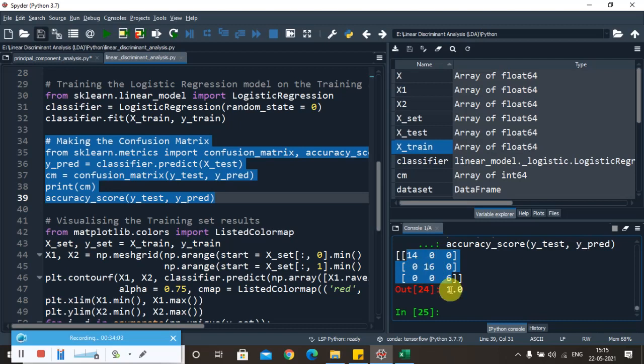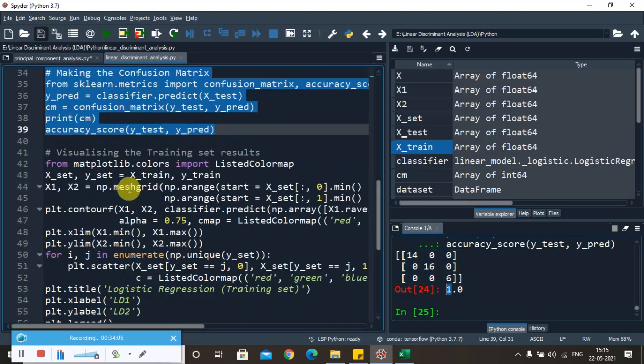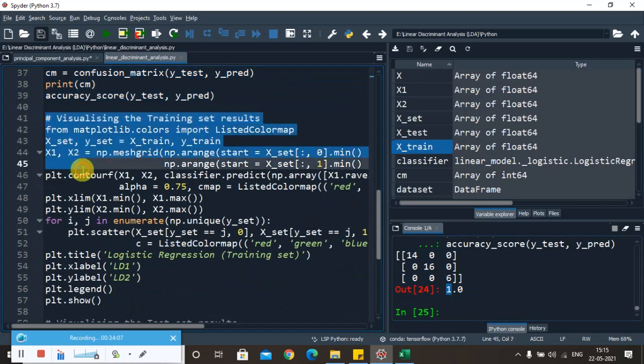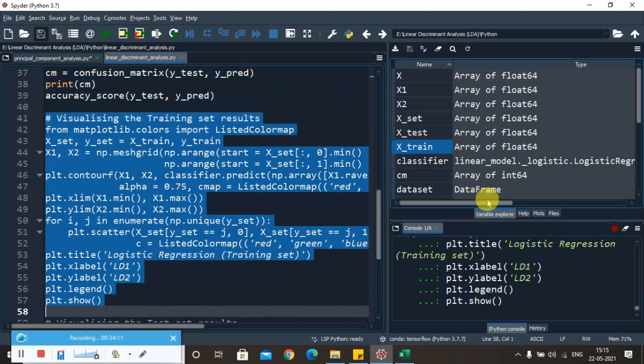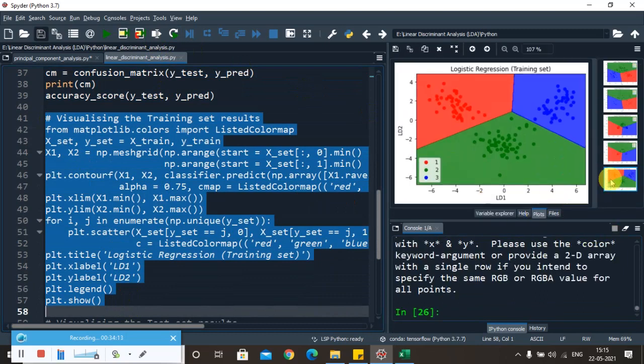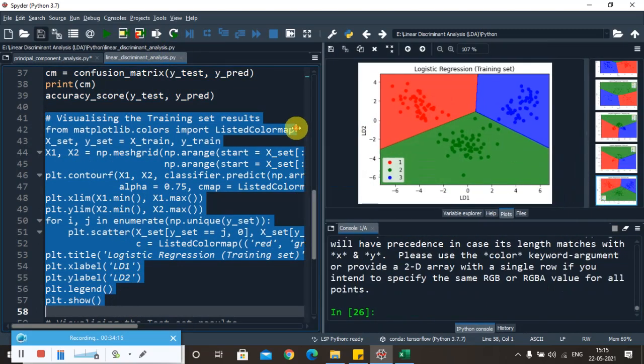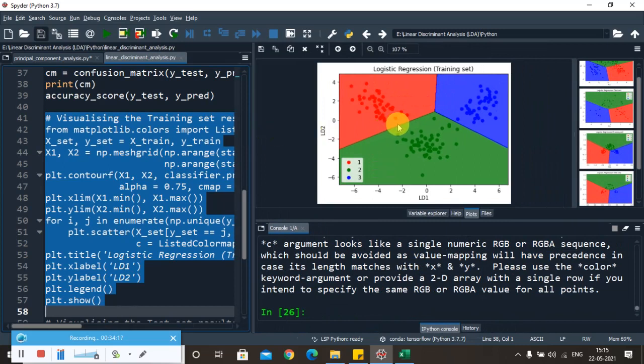Now let us visualize the training set results. We can see it in the plot section. This is the training set result after we apply LDA. Based on the features extracted by linear discriminant analysis, we are able to clearly separate these classes.